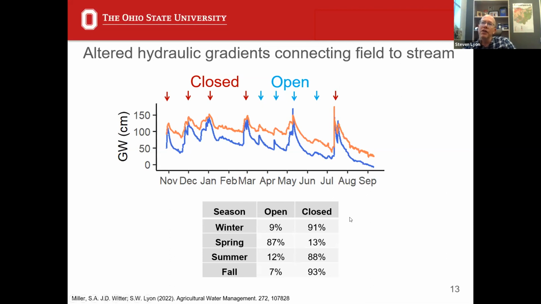Looking across the entire year then of where we collected data, we could see that, by and large, based on the management that we had, the valve was triggered open most often in spring. About 87, or almost 90%, of the time, that system was open during the spring period. Why is that? It's the wetter period of the year, right? We have more water wanting to move through that system. So continuously we were triggering and opening up that valve system and releasing water. Also, because of the way these things are programmed management-wise, you set periods of time where you want to have a continuous open valve to allow free drainage, because with things like planting, you want to be able to drain that field out to go out and be able to plant that farm field.